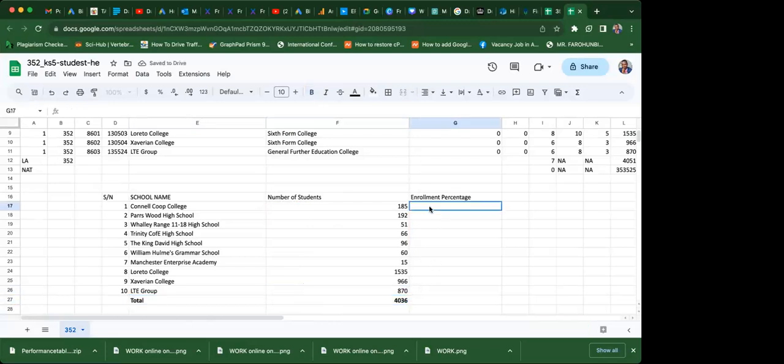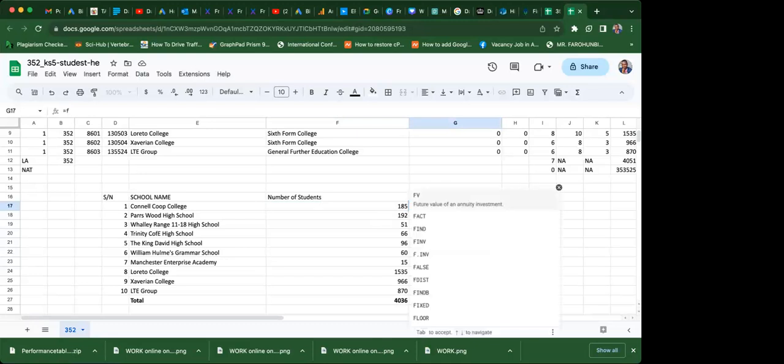Now, I can look for percentage. If I want to look for percentage, it means that 185 divided by 4,036 times 100, isn't it? Is that not how we define percentage? Yes, sir. Okay, so I will do percentage for 1 and it will do for everything for me. I will use this cell, F17. I'm going to say equals F17